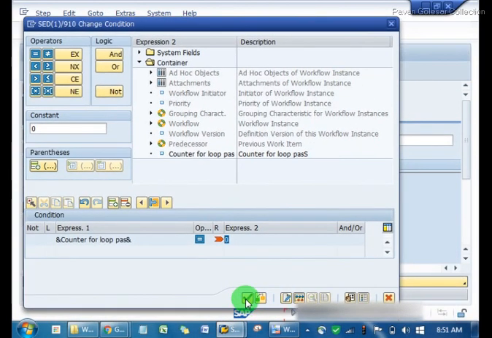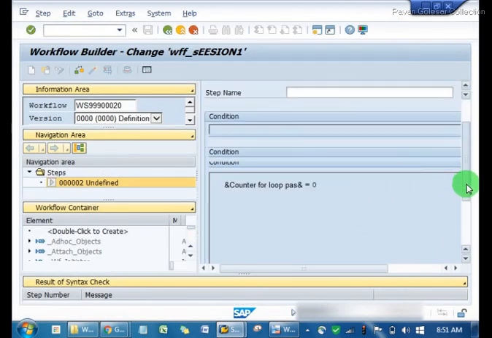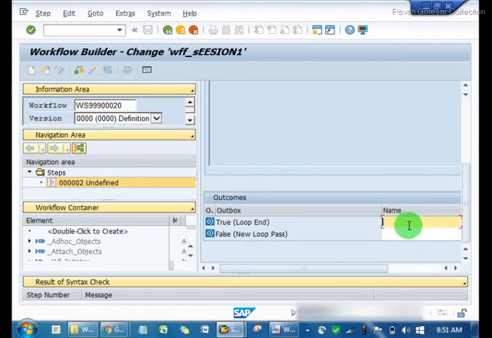So this is a very important step. Also there is one very important step below. Now this true is, we are going to stop sending mail then. If it is true, loop ends. Okay, and we are going to send mail. So what does this mean? New loop pass.